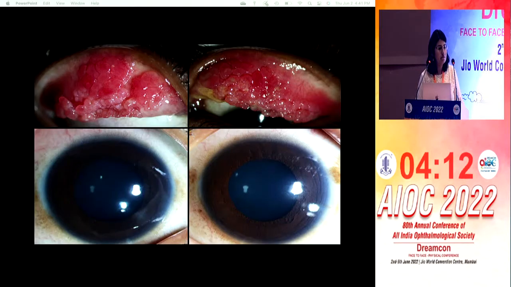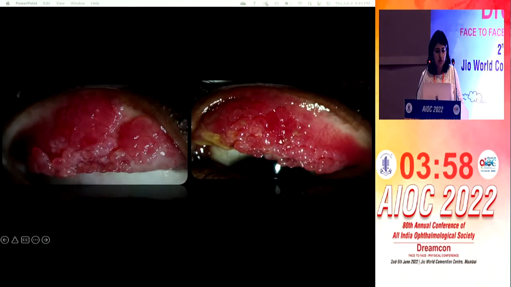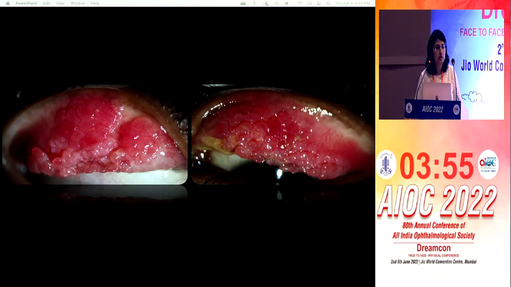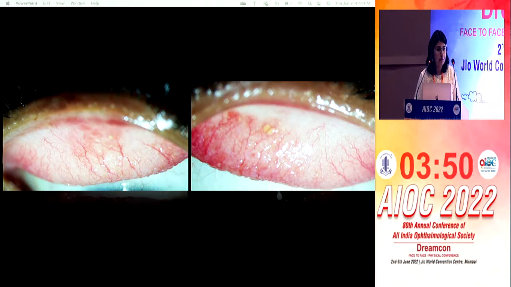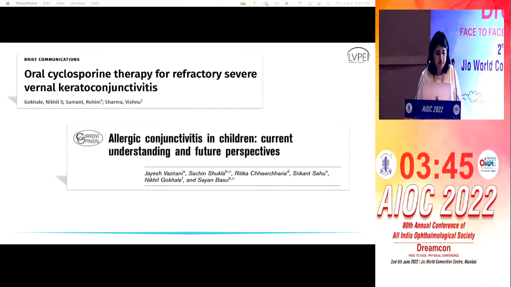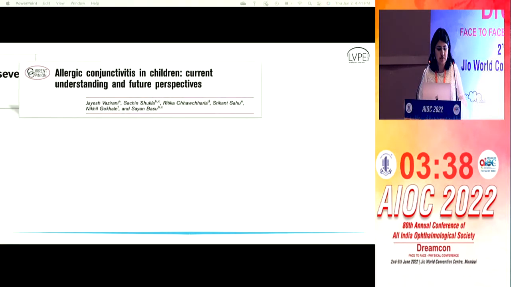So this was a patient who presented to us, a 15-year-old child with severe papillae, giant papillae, and the child gave history of being on and off steroids for 9 years. The patient was started on a combination therapy of oral steroids and oral cyclosporin in addition to topical therapy. After 3 months of this combination therapy, a dramatic response was seen to the oral immunosuppressants. This similar response has also been reported in literature, both with combination therapy and cyclosporin in isolation, as seen in